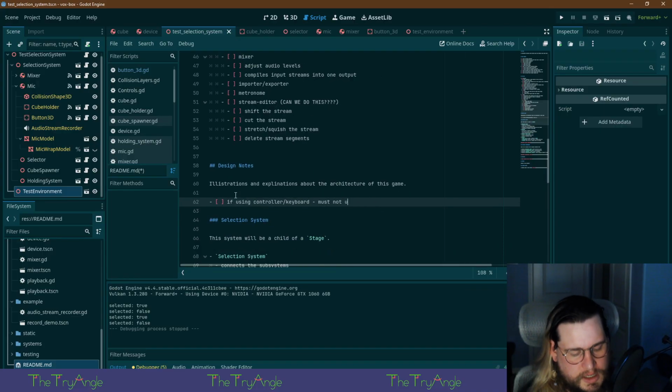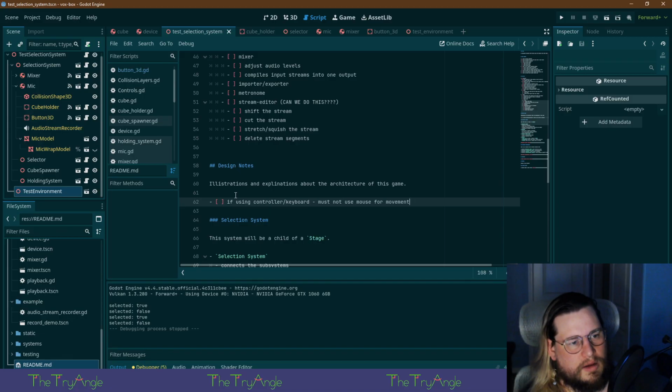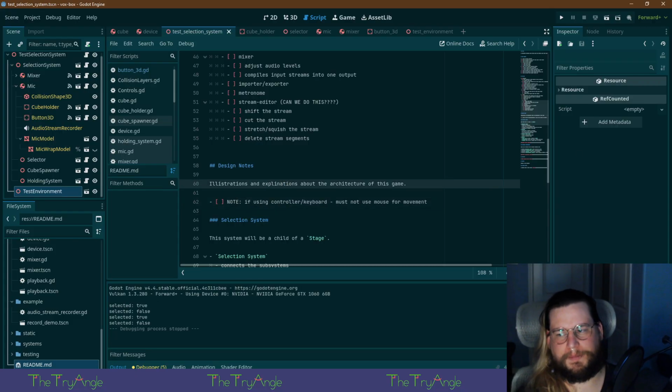No, must not use mouse for movement. Yeah. I don't know if that's an issue. I guess I just say note, but that's for future development.